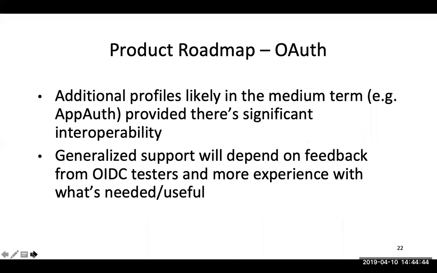The thing I will say about OAuth more generally, in terms of a roadmap issue, is that while I would say it's likely that there will be other profiles besides just OpenID Connect that we would support, we would base those decisions on the chance of seeing real significant interoperability in whatever we did. One of the things I know that we would be likely to support in the medium term, if not even in perhaps the first release of the OIDC code extension by us, would be the AppAuth model that Google has for mobile authentication. That isn't precisely OpenID Connect, so it probably will take some slightly additional work to support,